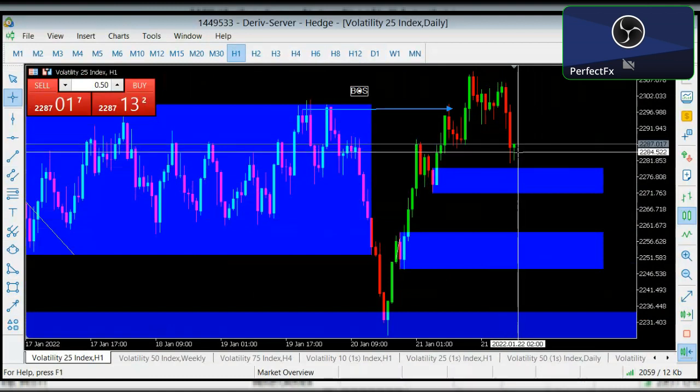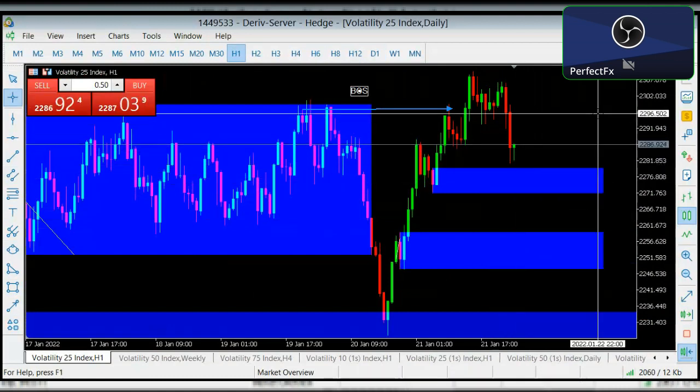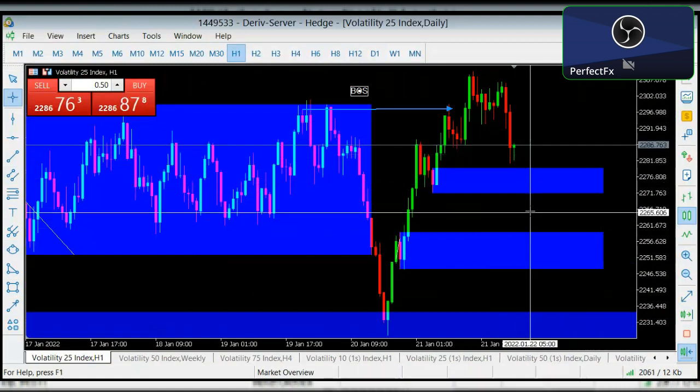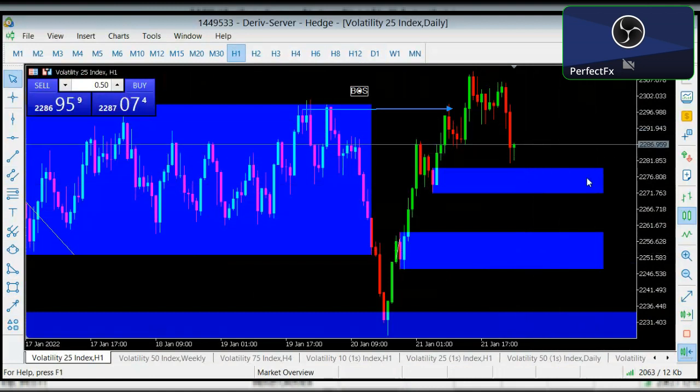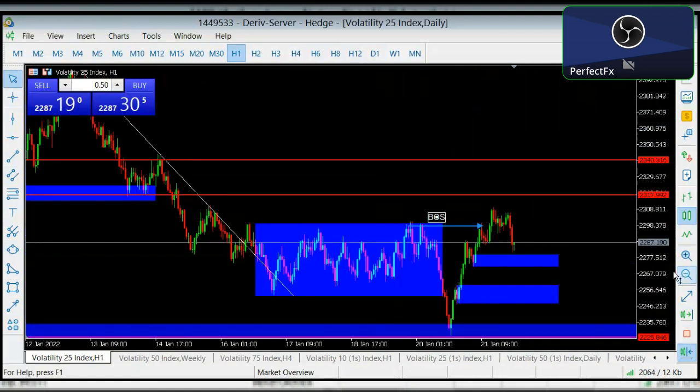Price might eventually drop to this downside, to this other block to continue to the upside, or further still move to this other block to continue to the upside. We're keeping our fingers crossed to see what price will do,